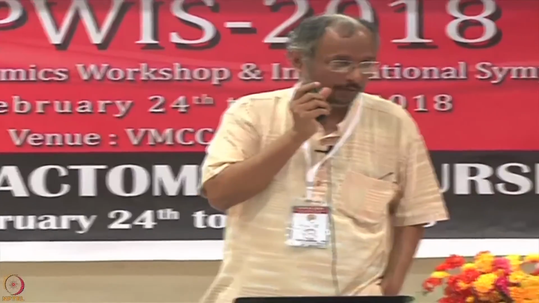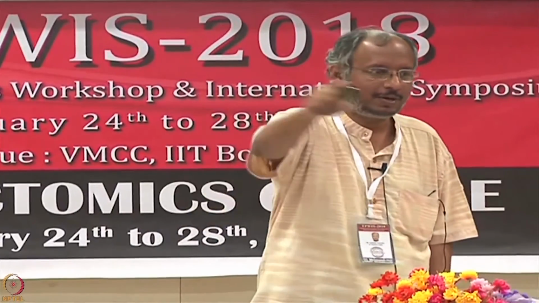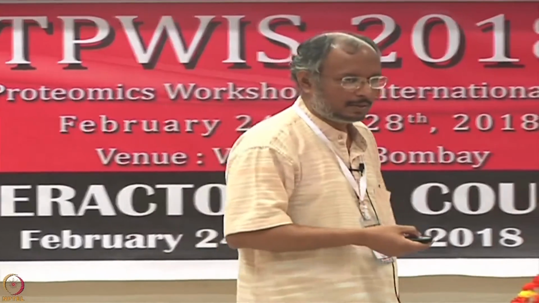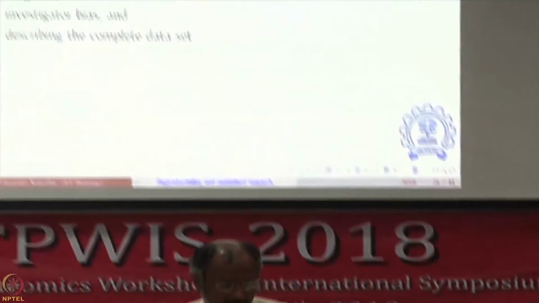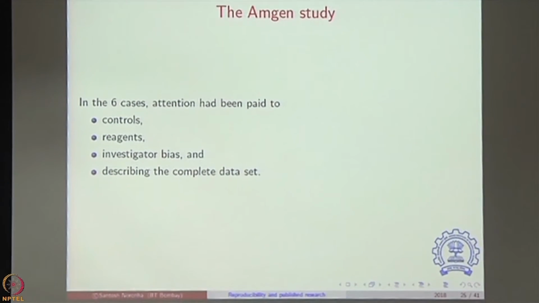Okay. So, out of 53, they could reproduce only 6 papers. And this is MIT, Caltech, Stanford. We are not talking of some small tiny college somewhere. So, what is going on? It is not that people at MIT and Berkeley and Caltech were deliberately cheating. But there is a situation where the results coming out of even these top labs cannot be reproduced. So, why do you think they cannot be reproduced? Okay. In the 6 cases where the results could be reproduced, when you look carefully at what happened, attention had been paid to doing the right controls in the experiment.